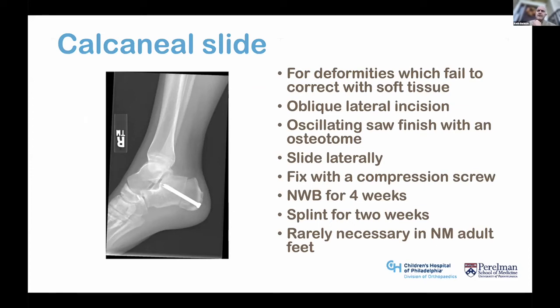You slide the heel osteotomy laterally, and then you fix with a compression screw. Generally speaking, we will leave the patient non-weight bearing for 4 weeks, split for 2 weeks. And I would say it's rarely necessary in adult neuromuscular feet. They actually have new implants, including staples, but I think a screw works really well. They actually have nice screws where the head is also threaded, so you can leave it buried underneath the bone